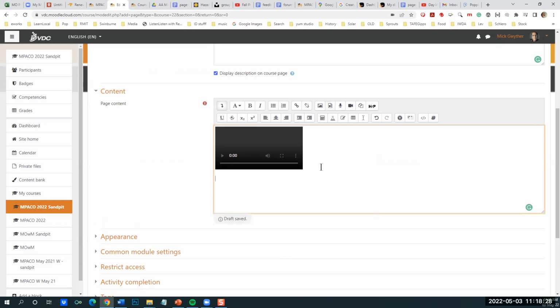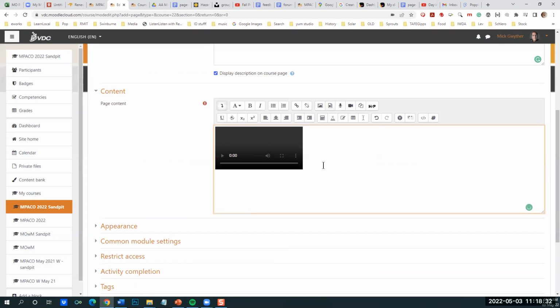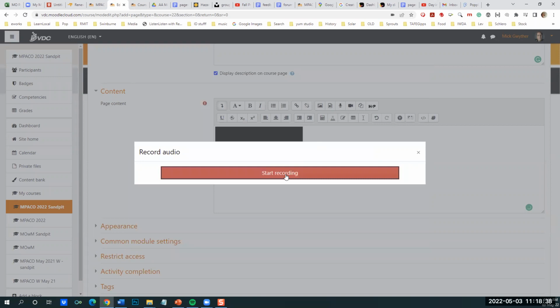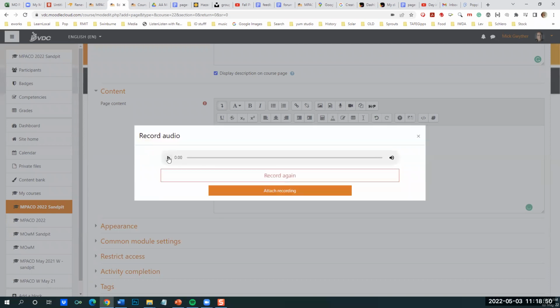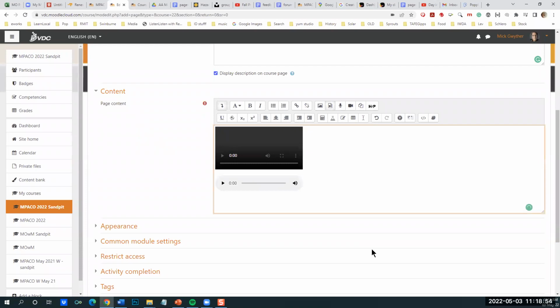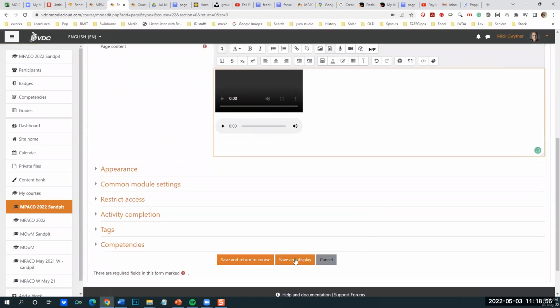Now, similarly, because this is the easiest way to get content, video, audio. My dog's gone off here with the traders. It gives you an audio option as well, but it gives you a little bit longer. Oh no, it doesn't give you 2 minutes, and you can just record your voice. Hello everyone, how you going? Today I want you to get the hang of using X, Y, Z. And you can listen to it, and if you like it, you can attach it as well into the document, and there it is. Now, if I save that,